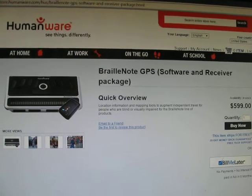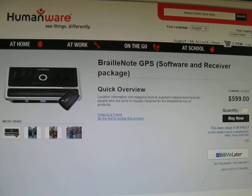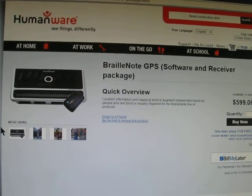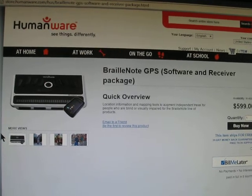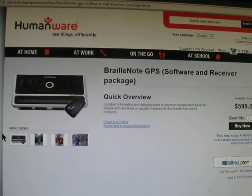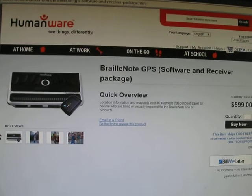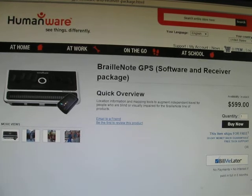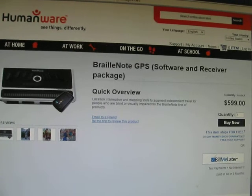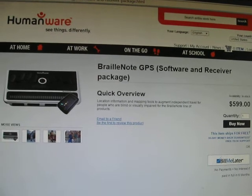Downside, when your Braille Note goes down, it can be gone for 4 to 6 months, because again, it's Braille-specific tech, and so the only people that can fix it is Humanware, and that means that it disappears for an extremely long period of time, which means not only are you without what has been your personal computer, you're also now without your GPS system. So you're relying a lot on this device to do a lot of things for you, and when it eventually goes belly up, I should say almost inevitably goes belly up, since most people don't replace their devices till they really start having problems, you're kind of on your own until Commission or somebody else, or